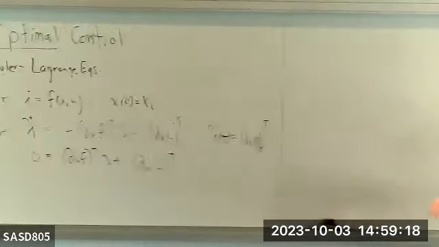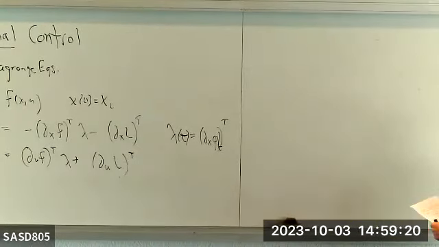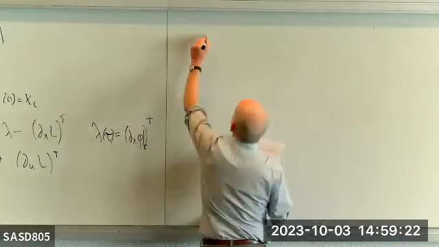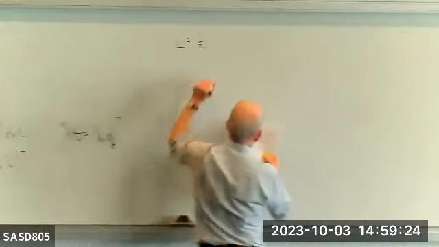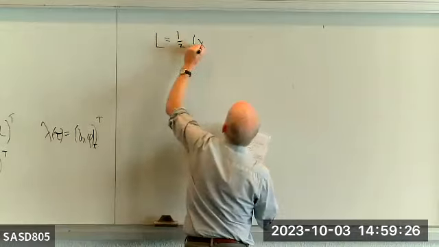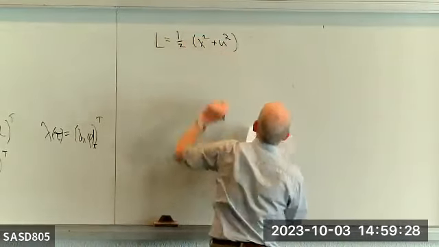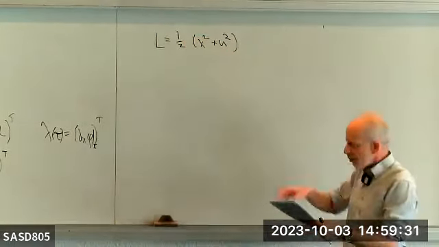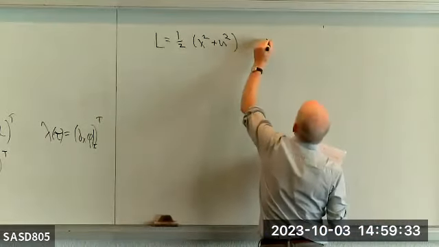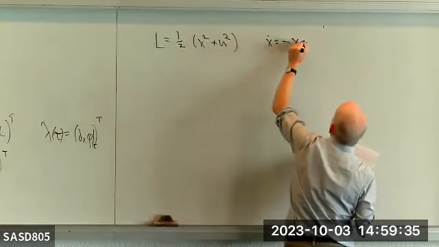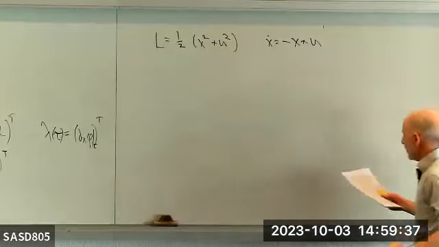Okay, so let's go back to the one-dimensional equation, which I just erased, but let's remind ourselves that it's a half x squared. So I'll just take q and r equal 1, and so we have, I'll take everything equal 1, so the negative x. So this is sort of a particular case of what we had before,